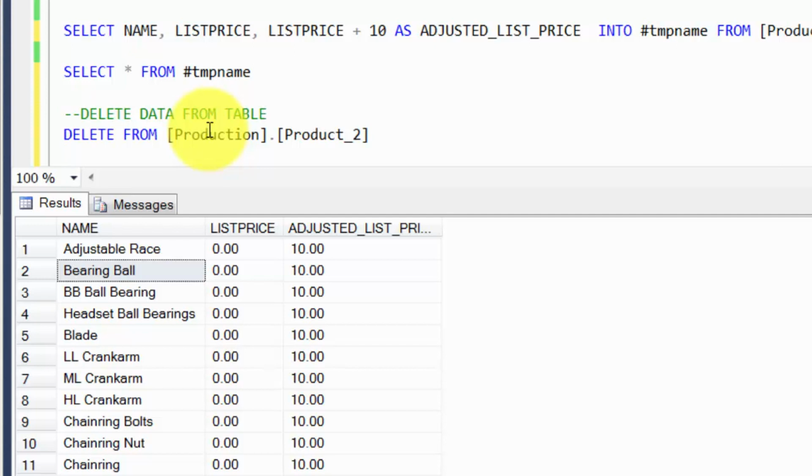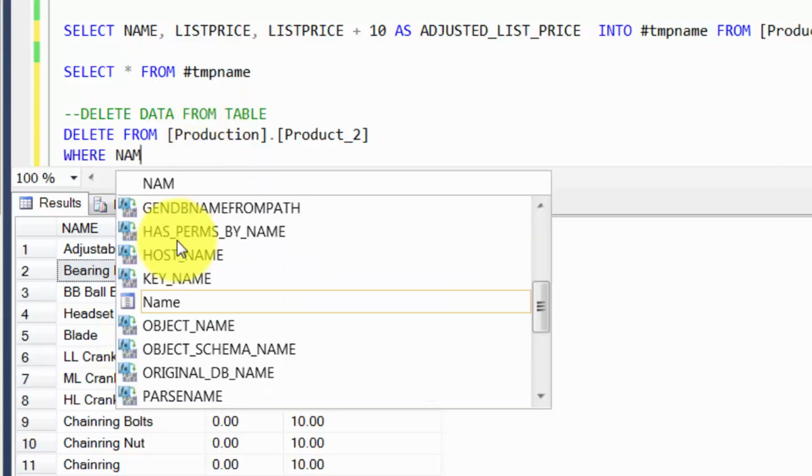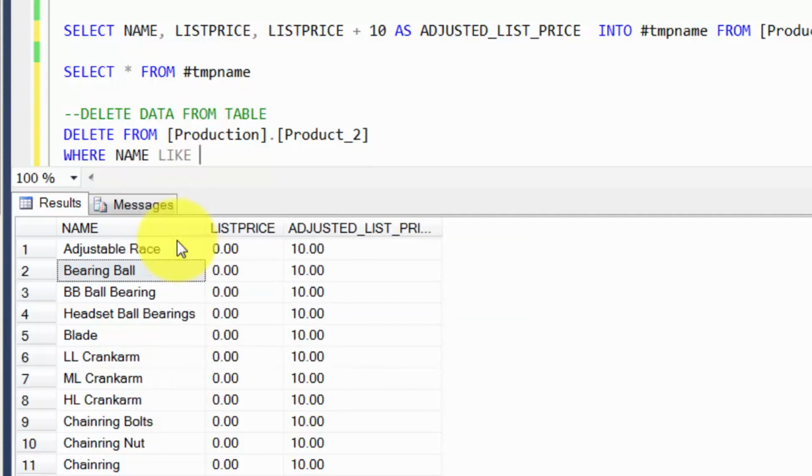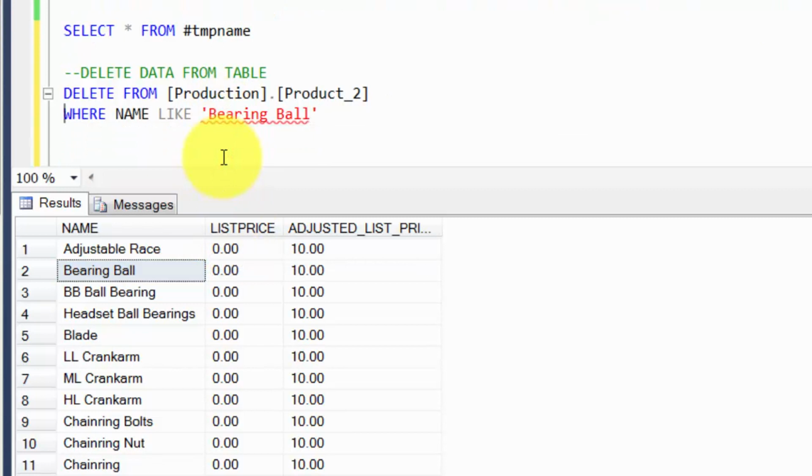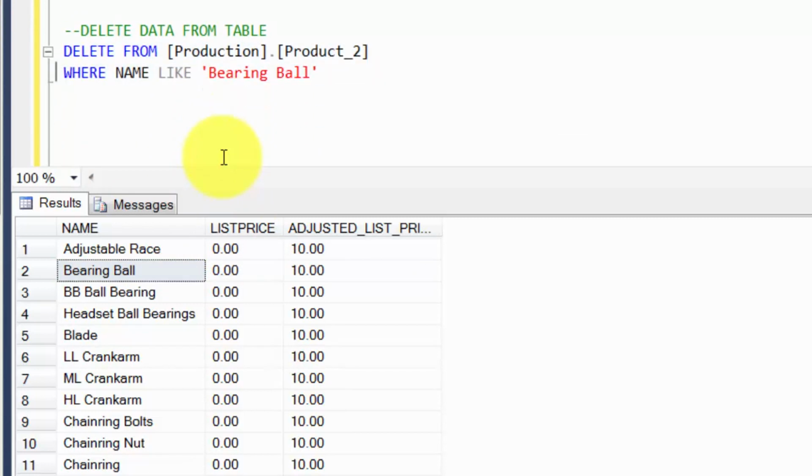So delete from product_2 where name like, we used the like operator right before when we were working with text, bearing ball. Now one thing to note here is it's going to do an exact match, right? We don't have the percent sign or something, so it's going to actually look for the words bearing ball and delete that row completely. Let's give it a try.